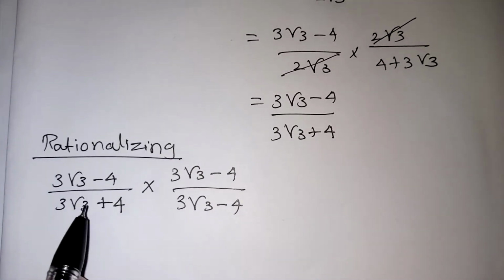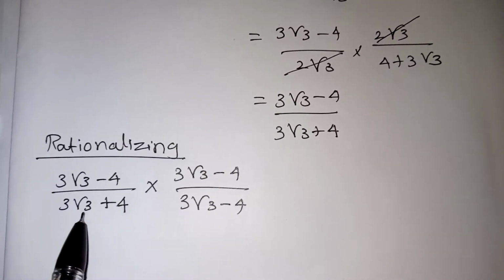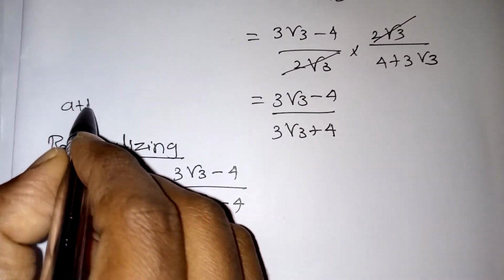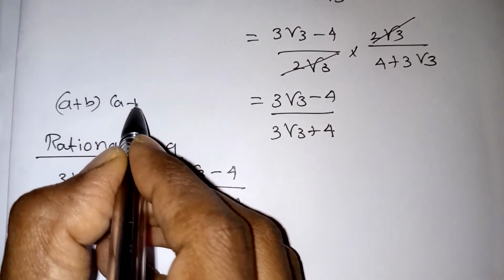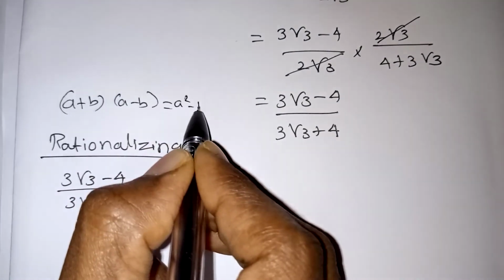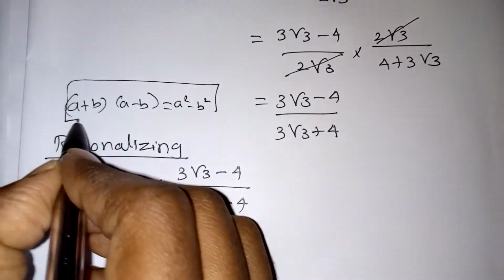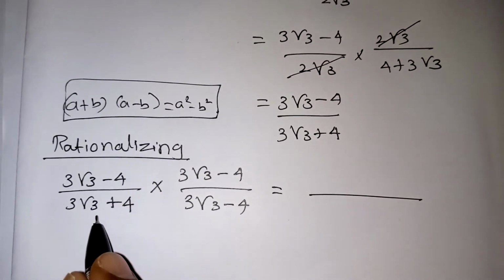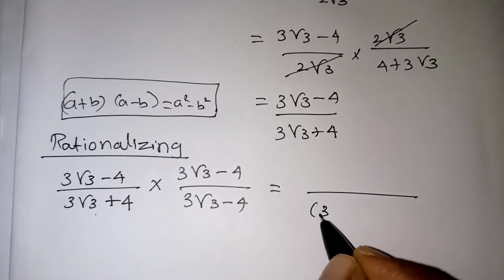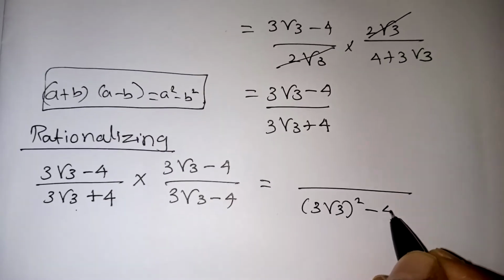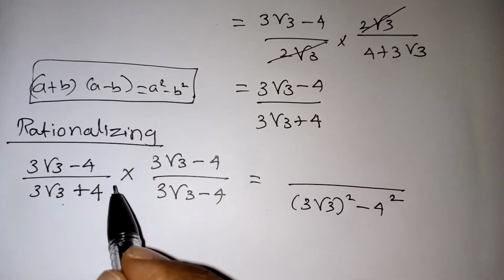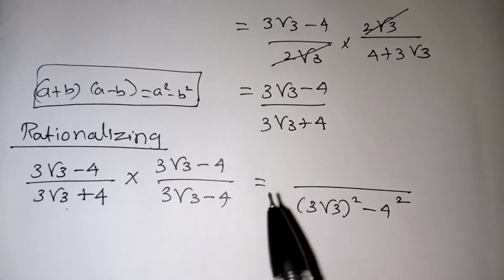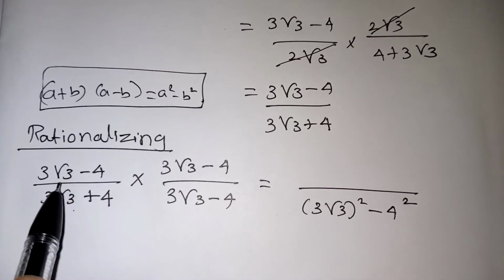Look at the denominator, it is a plus b, this is a minus b. A plus b into a minus b, whenever you are getting, the answer will be a squared minus b squared. So this we can apply and we can get the value. So denominator looking like a plus b, a minus b, the formula will be a squared minus b squared. So the numerator, normally we can multiply or we can write it the whole squared formula. So I am doing normal multiplication first of all.